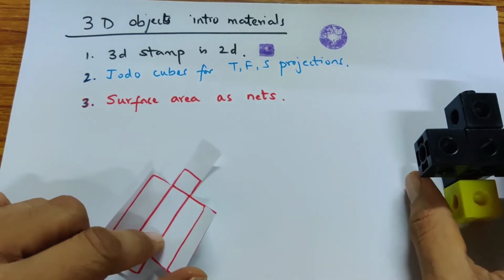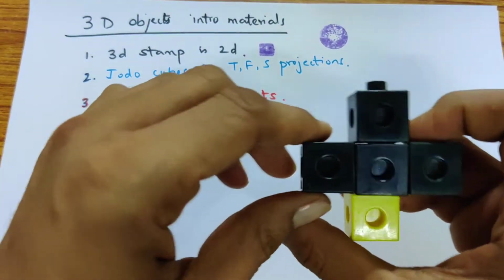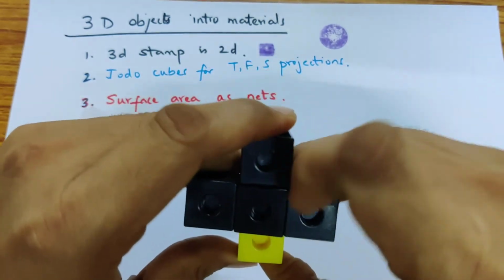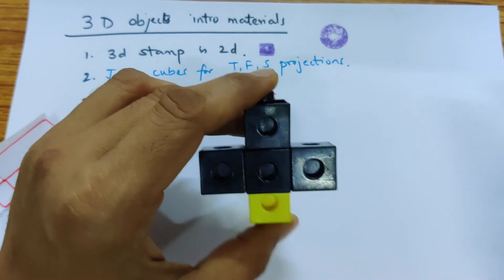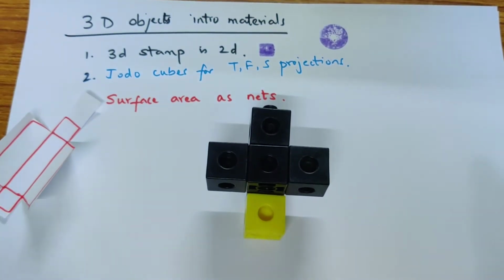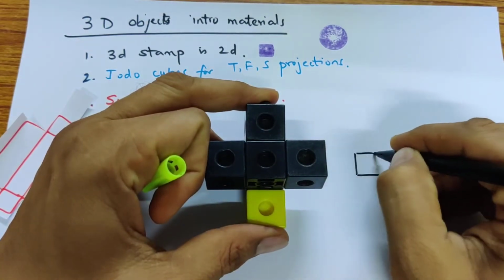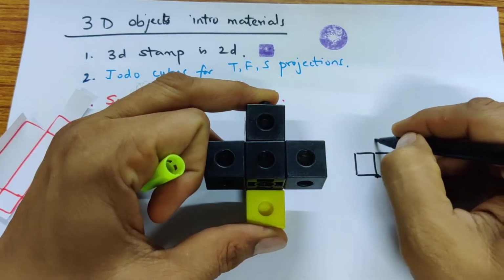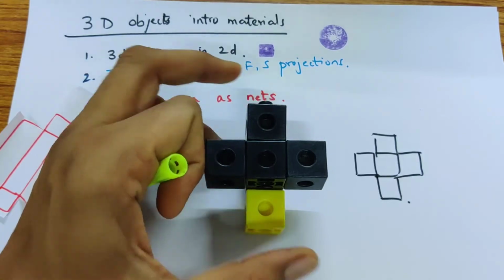The second is Judocubes. So you can create Judocubes and ask, what do I see when I look at the cube? You can use graph paper if you like, which will have neat squares, or you can use a grid paper, and then you can actually draw out how this one will look. Okay. So this is what